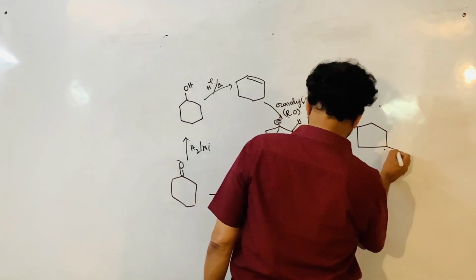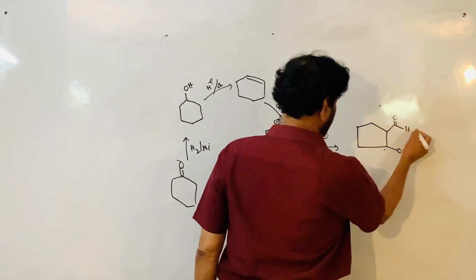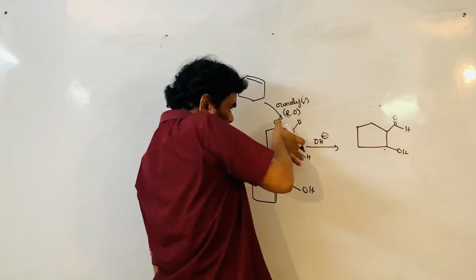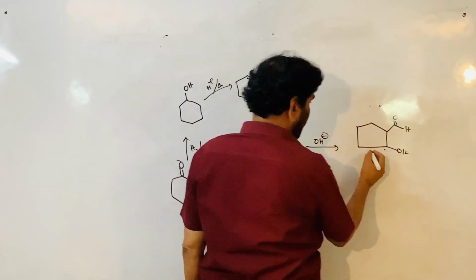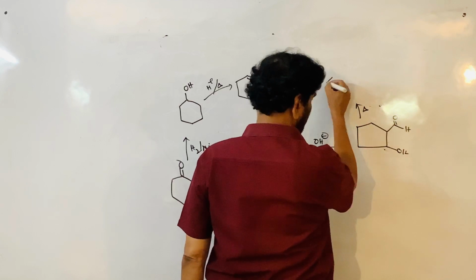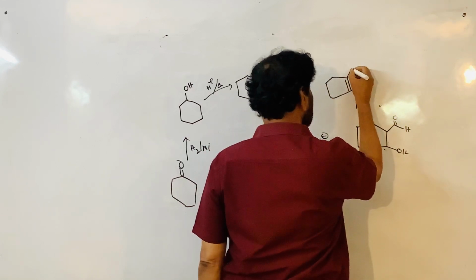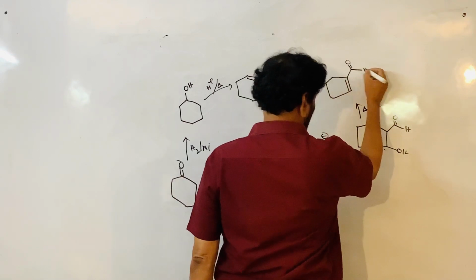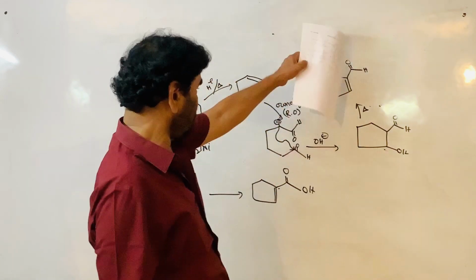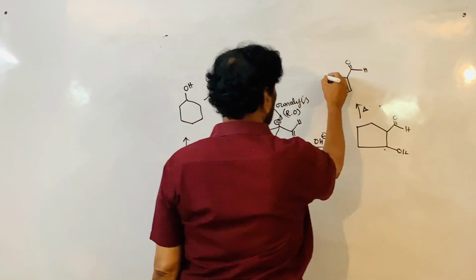This is the OH. This is the double bond. 5-member ring closure takes place. This is converted into the OH. This on treatment with heating gives dehydration. In conjugation, elimination takes place from this bond. Conjugated double bond is formed, that is, a new double bond is formed in conjugation with the existing double bond. This is formed.